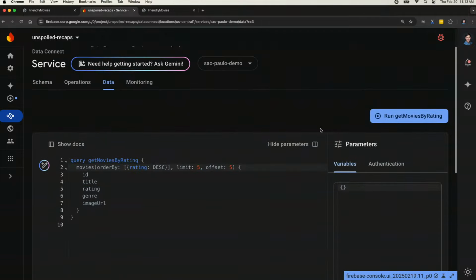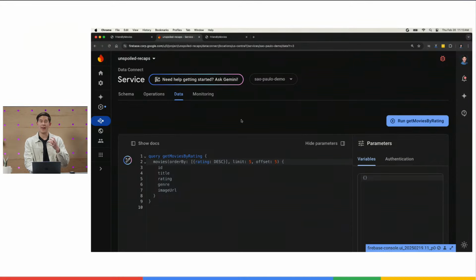So one of the things that's great here is we use Gemini to help us learn about how we can craft queries against our schema if we're unfamiliar here. And this will help us grow, and for me, personally, I love it as a tool to help me learn about what I could do. I initially didn't start off as a great GraphQL expert, and this has helped me cover some of my bases and learn and quickly get into the product.